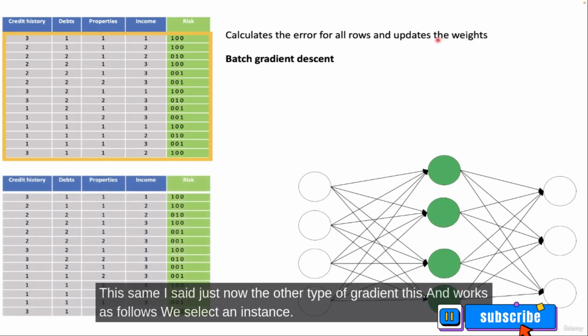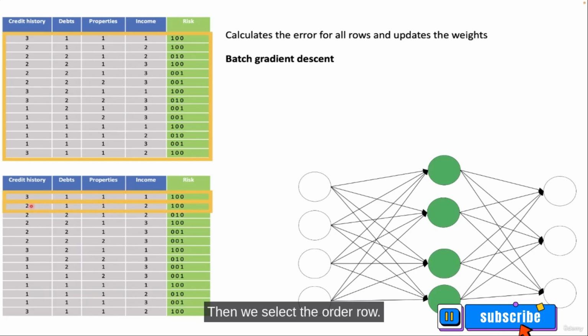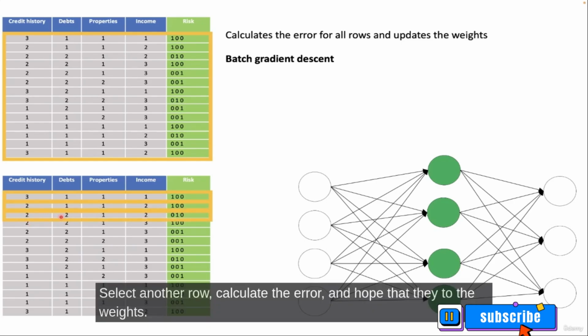The other type of gradient descent works as follows. We select an instance, as you can see here, calculate the error and update the weights. Then, we select the other row, we calculate the error and update the weights.